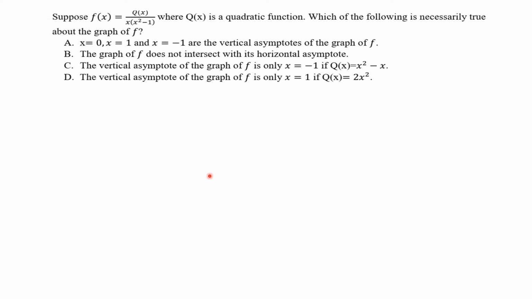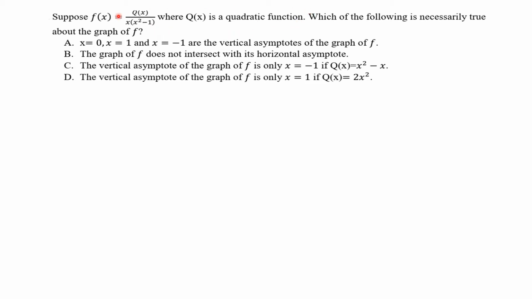እሺ ወደ መጀመሪያ Okay, now let me start from the question number 1. Suppose f of x is equals to q of x over x into x square minus 1 where q of x is a quadratic function. From the following, which is necessarily true for the graphs of f ነው የሚለው። So here look, q of x is